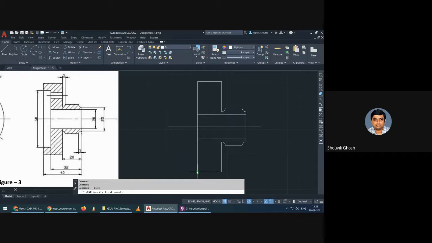So from here, 60 means 15, 7.5, 5, 8, all the way 60 here. So when it is done, yes, so we can now use the trim over here and here, like this.